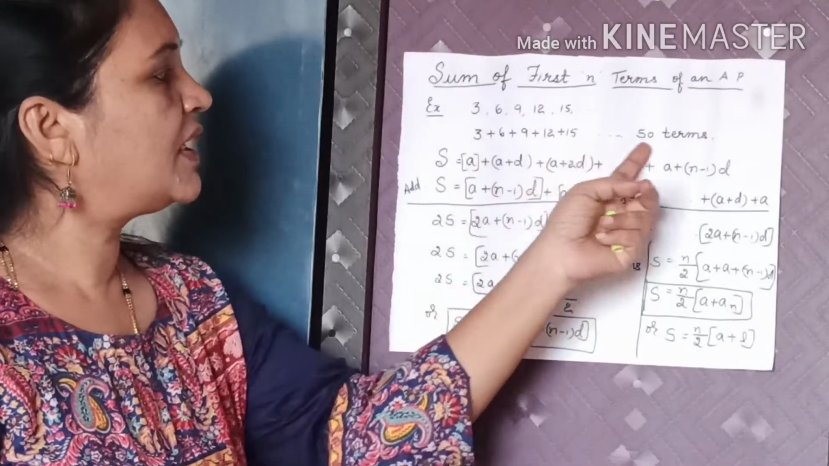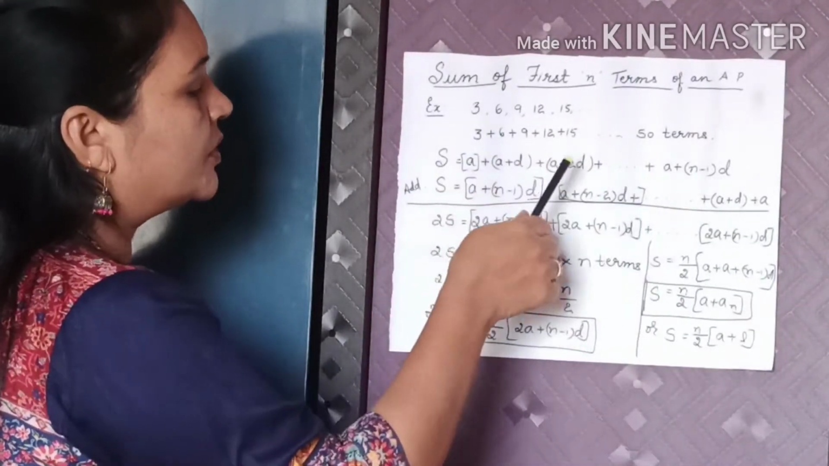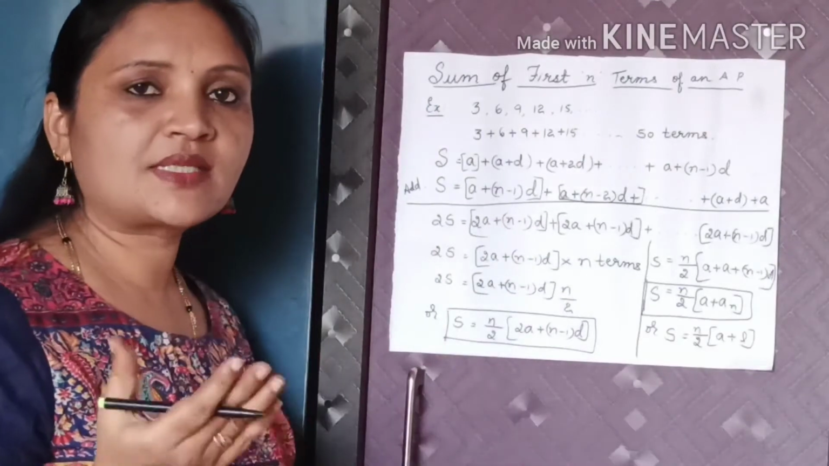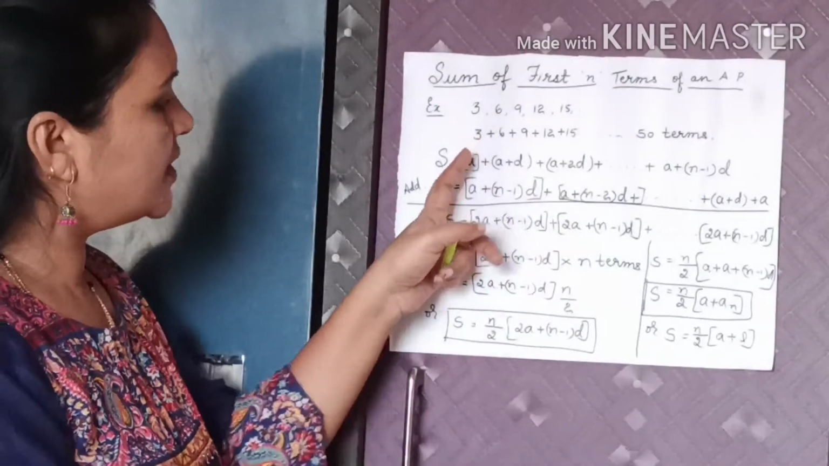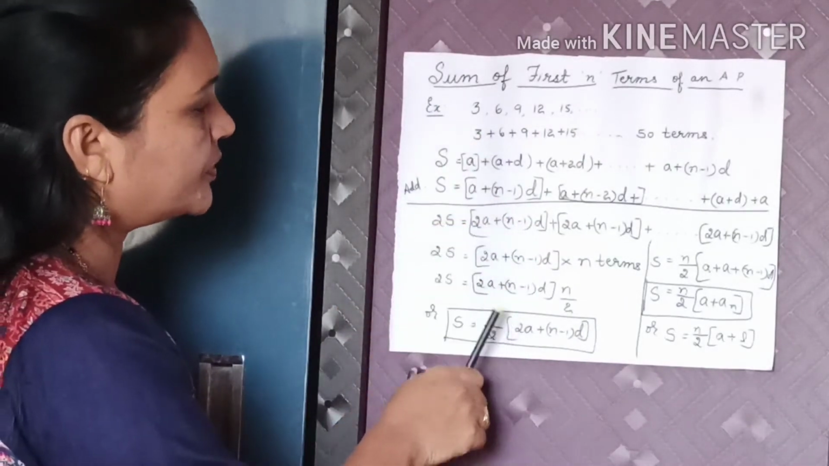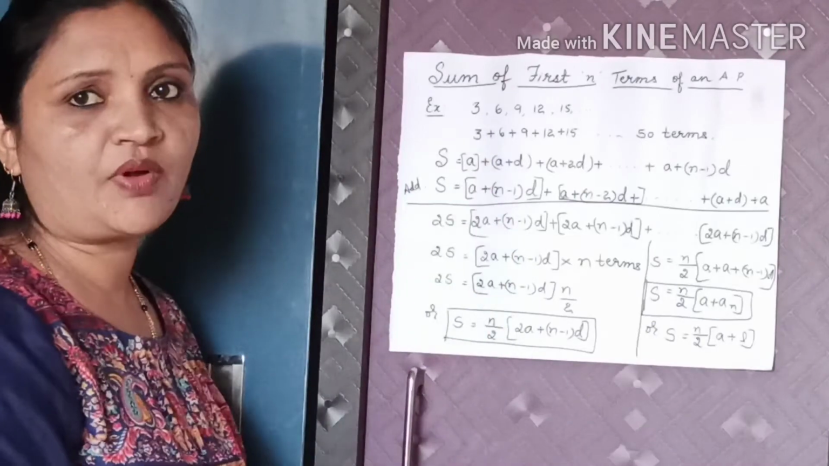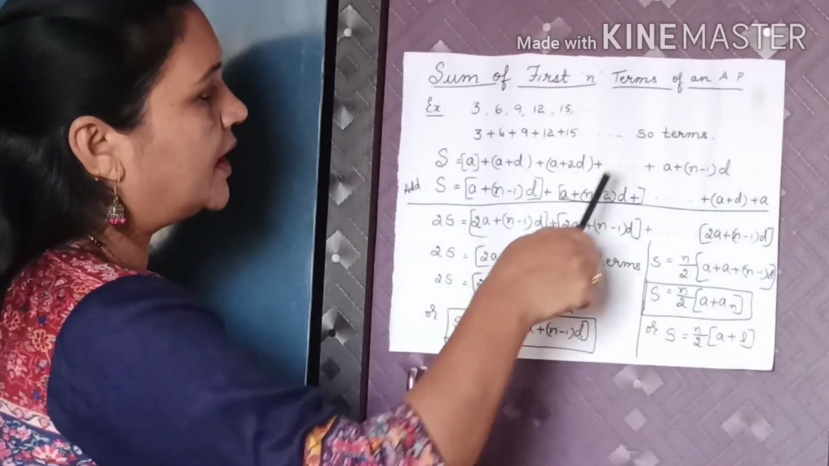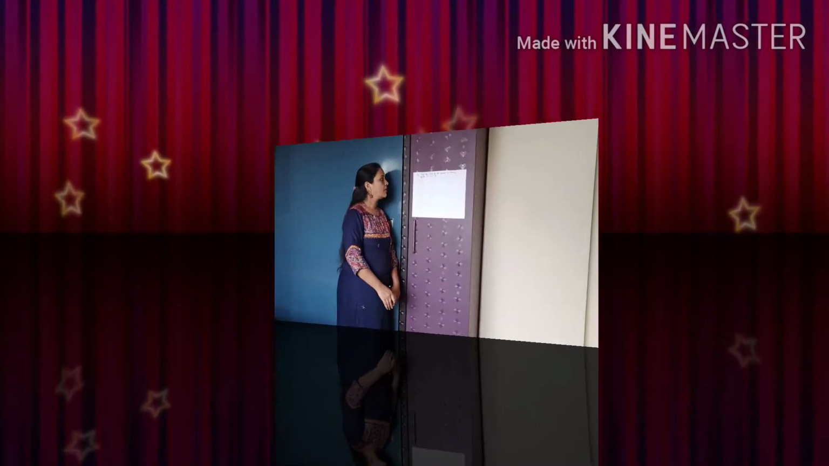Now I already gave an example here. So how to find the sum of the 50 terms? Just take the numbers and substitute in the formula. For example, n is equal to 50 and a is...